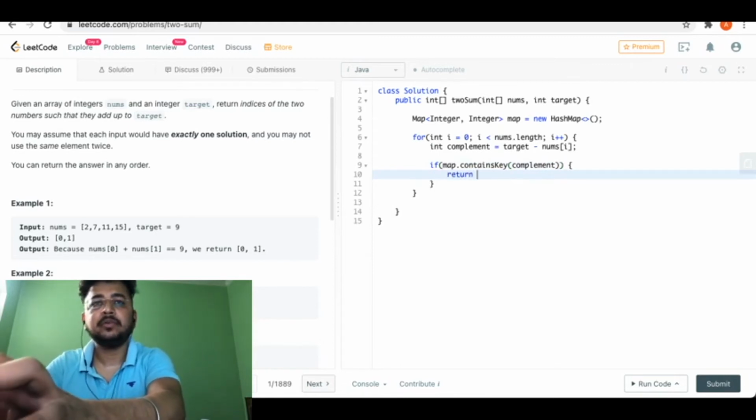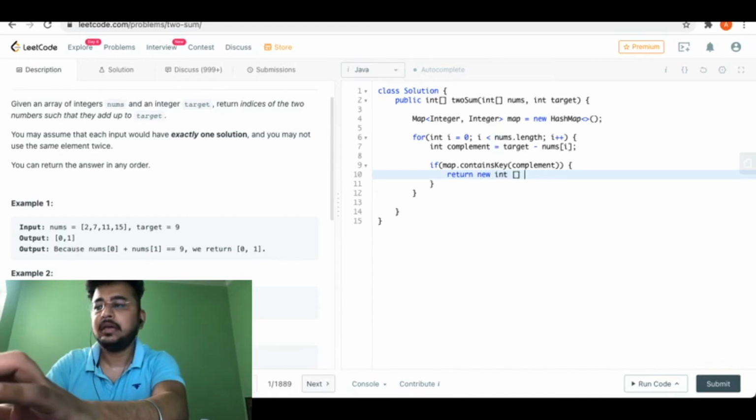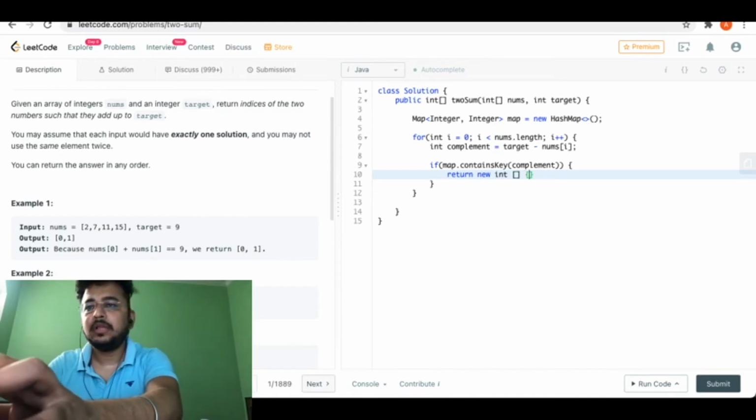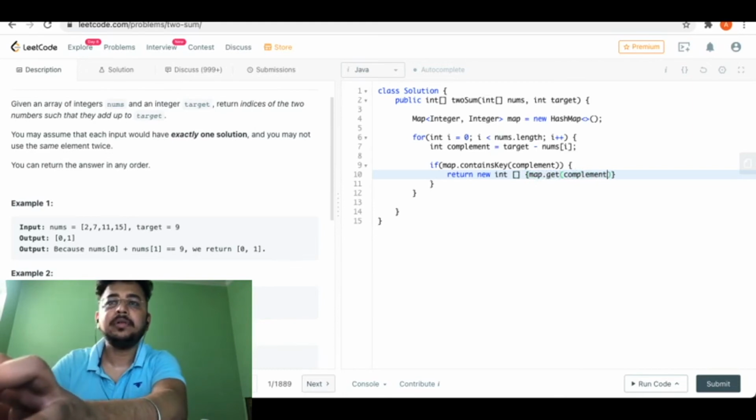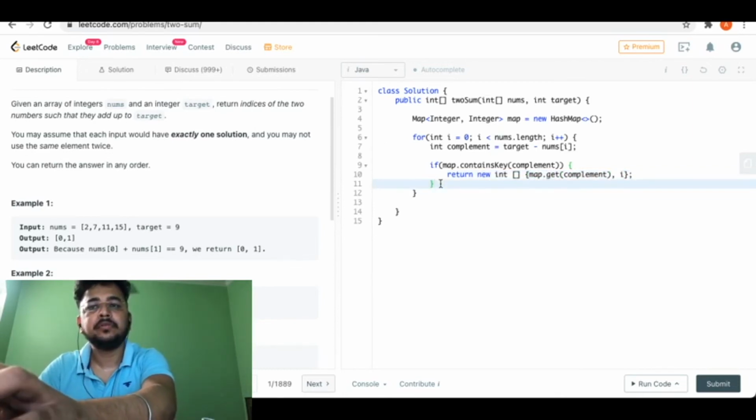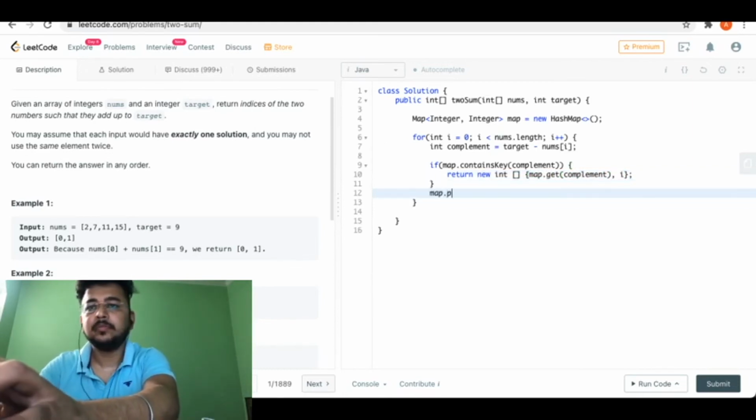Then in that case, I will return the index of the previous and the current. So I will have an int array to be returned, which will have map.get of complement, and the current index. If it was not there, I will simply put this entry into the map, storing the index of the number.